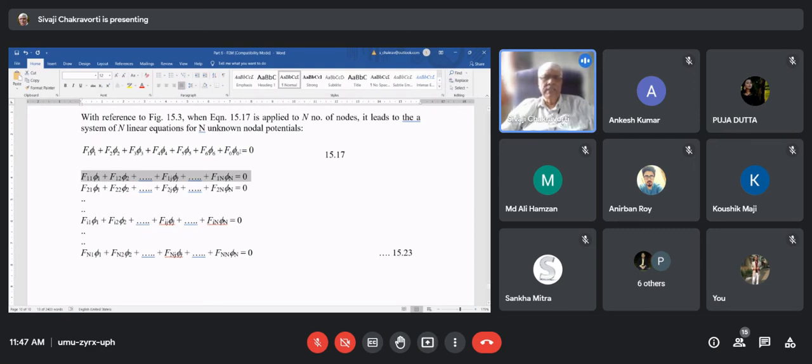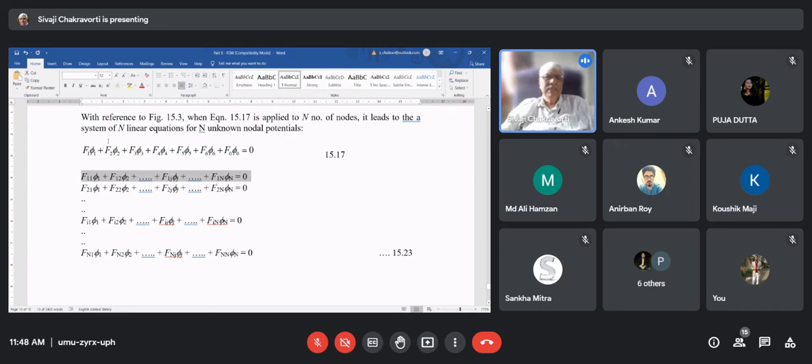One target node connected to 6 nodes. So total 7 node potentials are involved. So when I write the equation, only 7 coefficients I will get. Whereas when I put it in the matrix form, this row will have n number of columns. Let's say 1000. But out of that, only 7 have a coefficient which is non-zero.